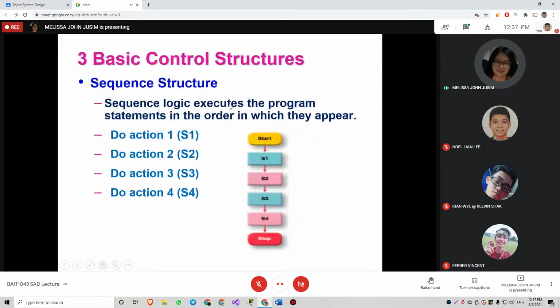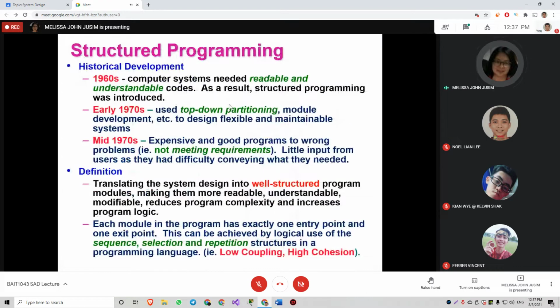The one that I want to grab your attention is this statement: expensive and good programs to wrong problems, not meeting requirements. Little input from users as they have difficulty conveying what they need.